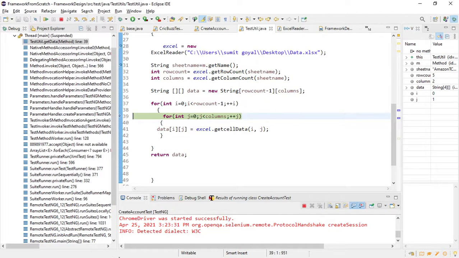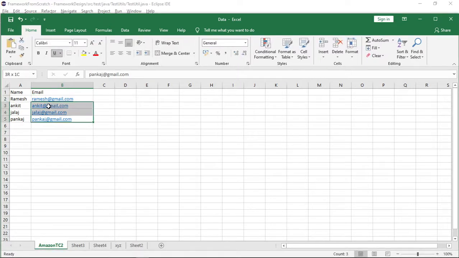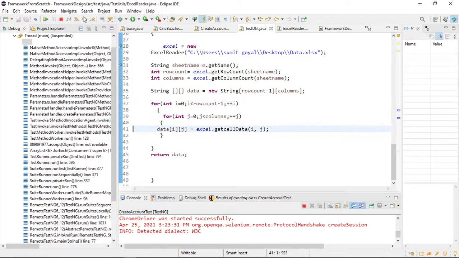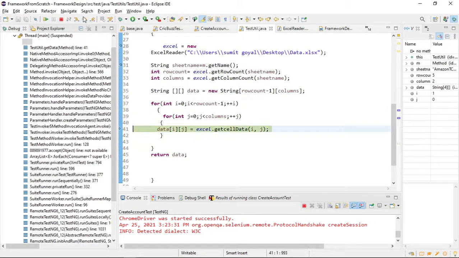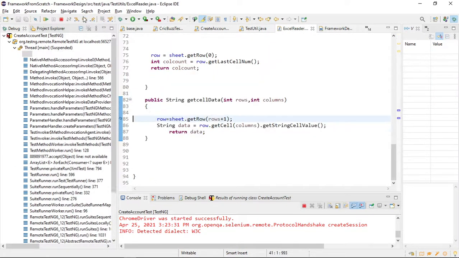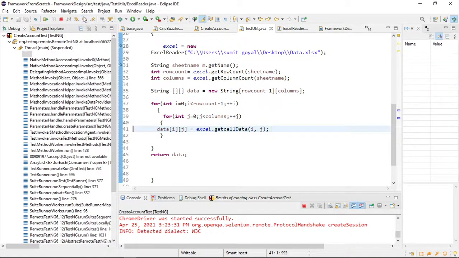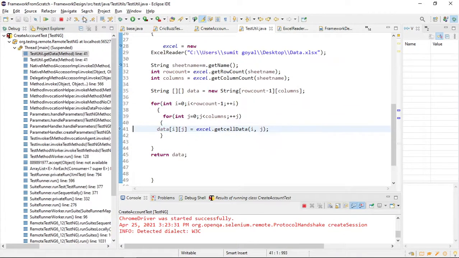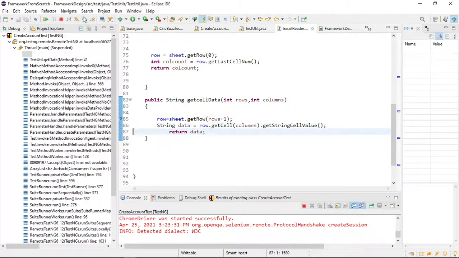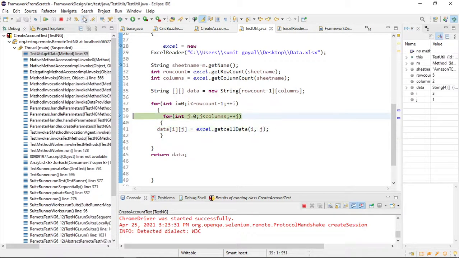Similarly, it will run for the rest of the rows like this. It will run for these 3 rows. If I run it, it will return the data. And once it finishes, I think this is the last iteration.